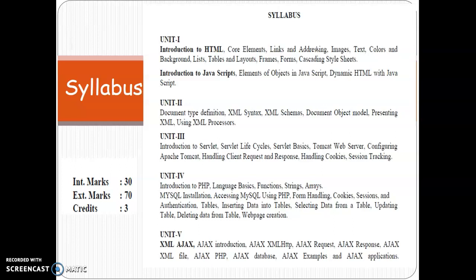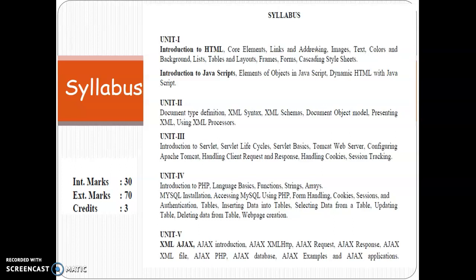JavaScript is a client-side scripting language, and then we go with XML. In the second chapter we go with XML, Extensible Markup Language. It is much like HTML, designed to store and transport data, and it is a self-descriptive language.